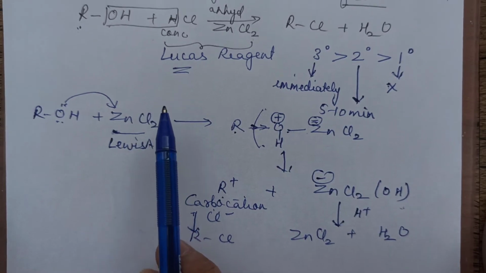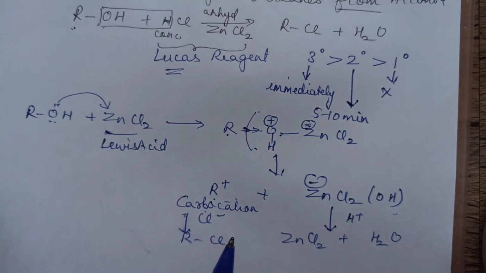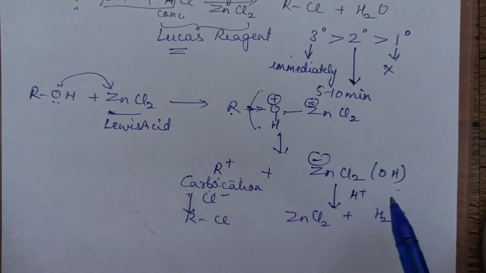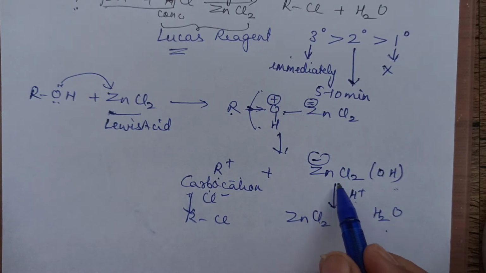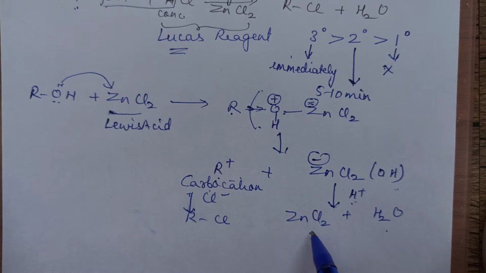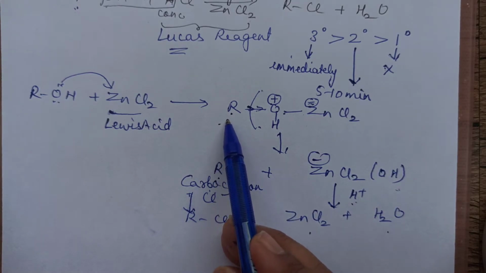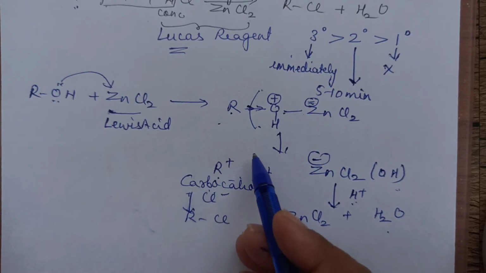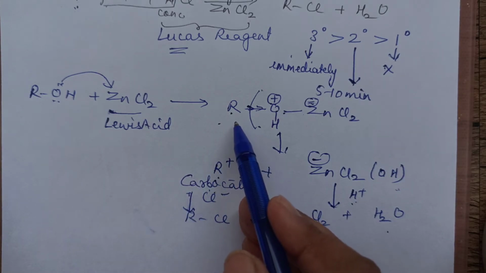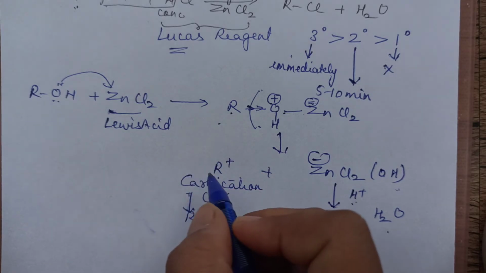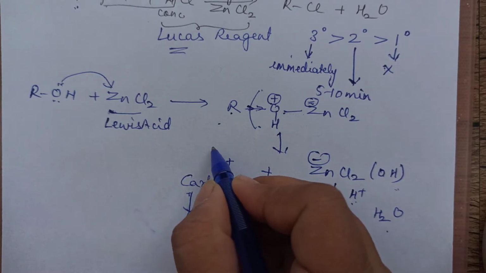Now we carried out the reaction in the presence of HCl. So from there, that H comes here, and H and OH will form water. ZnCl2 was a catalyst. We get it back. And this carbocation which was formed, what is a carbocation, children? I hope you know. Carbon containing a positive charge is a carbocation. So this carbocation is now having sp2 hybridization.